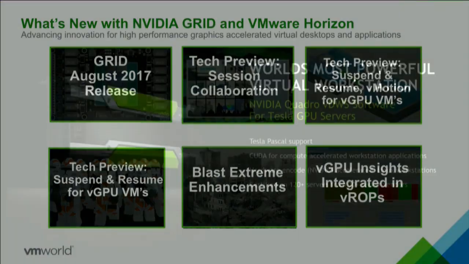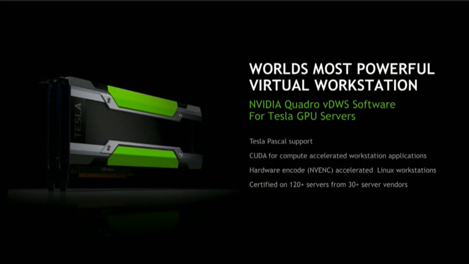Tell us more about the Grid release that you had in August. So for us, what August presents is two big changes. First of all, we're really doubling down on that higher end workflow. With the M10 and everything that we've wrapped up over the last year around the knowledge worker, it was time to come back and really start to put some serious emphasis behind the higher end workflow.